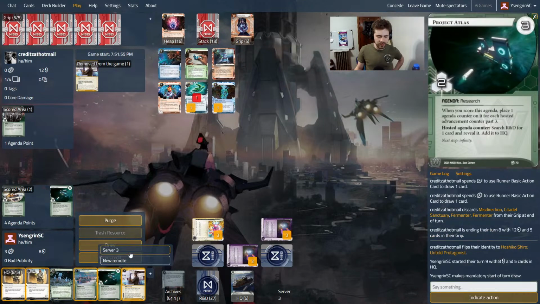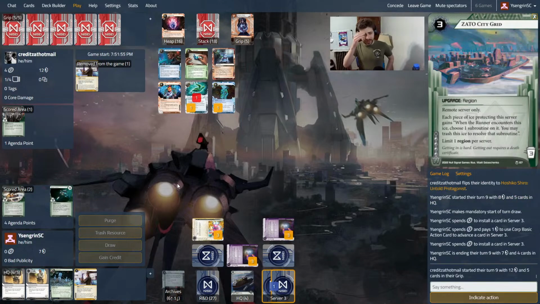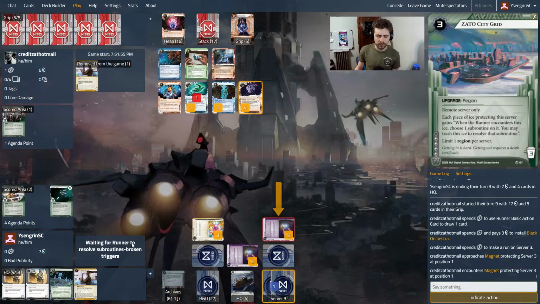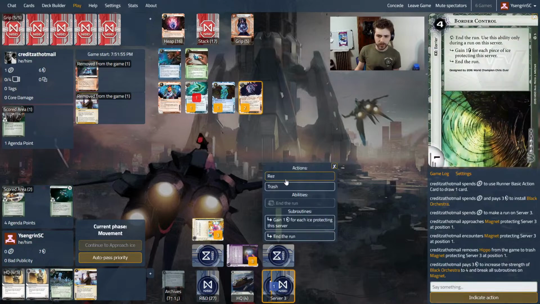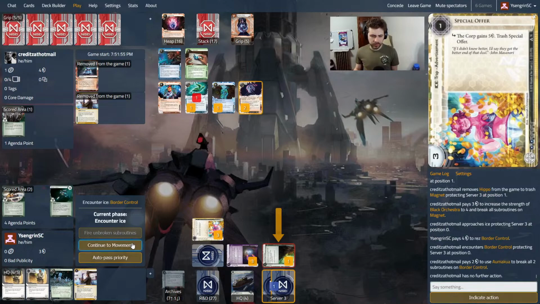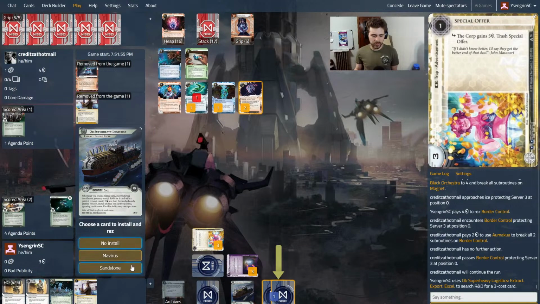So I think this is install, advance, and Zaro Grid. And this is actually a really annoying server to get into, I think. They're actually too slow here. Oh, are they? Oh, wait. Okay. I was like, jeez. Okay. So now we do this. And we'll install the...